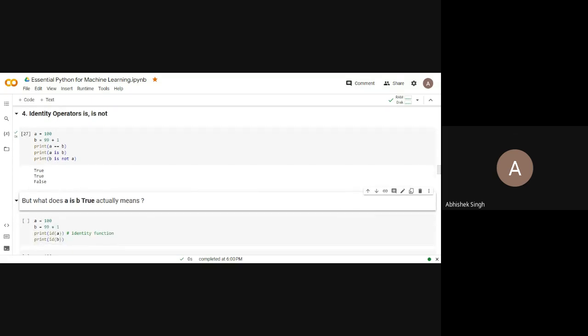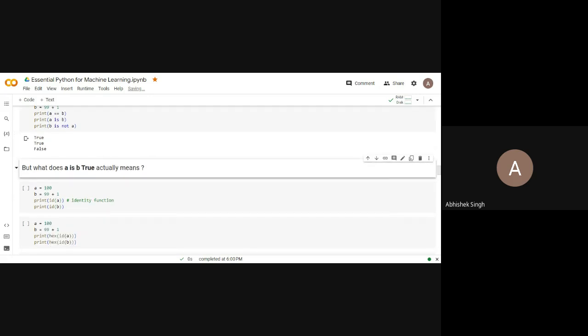But what does this mean? A is B true, B is not A false. Basically, it means that inside memory in hardware, both A and B are memory blocks and they are pointing to the same memory location where the value 100 has been stored.